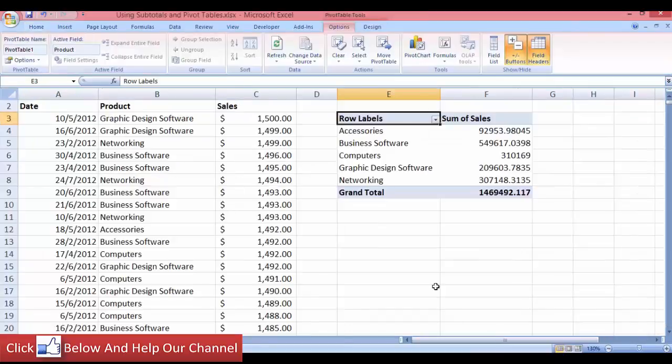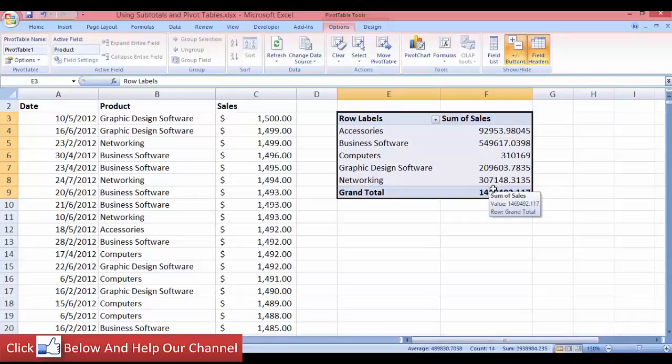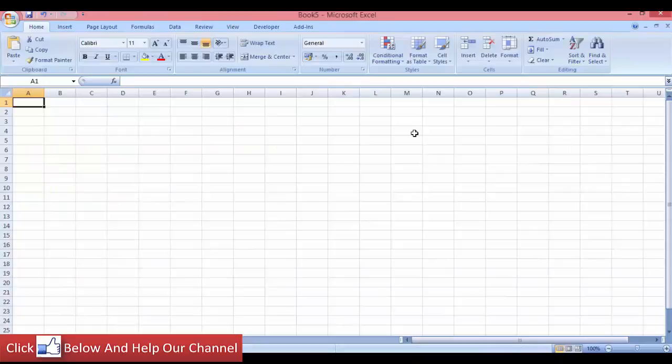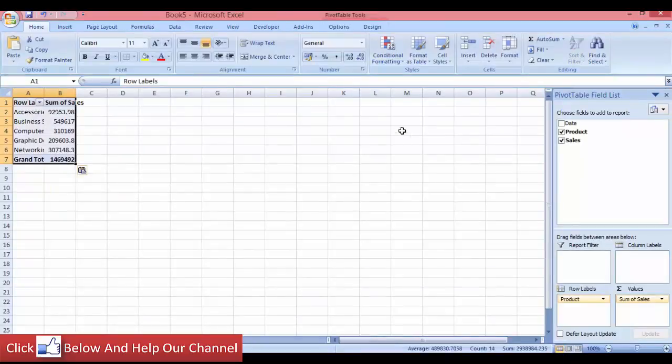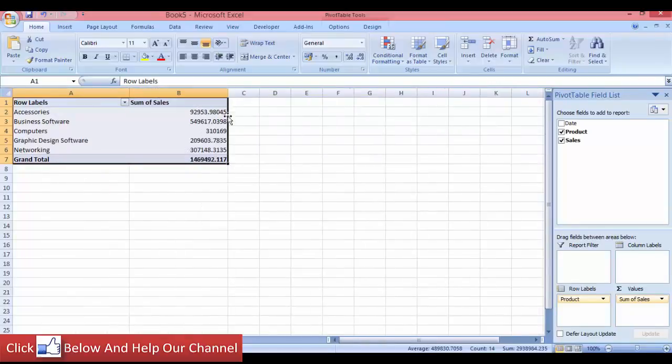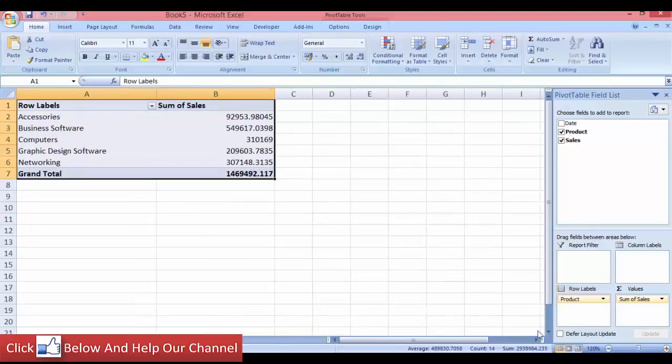And with the PivotTable, you can just copy normally, like you do when you work in Excel. So let's just select the data. Let's press Ctrl C to copy, and let's open a new workbook and paste with Ctrl V. So it actually copies the entire PivotTable to this new workbook. Okay, so you see, this is how the subtotal function works,